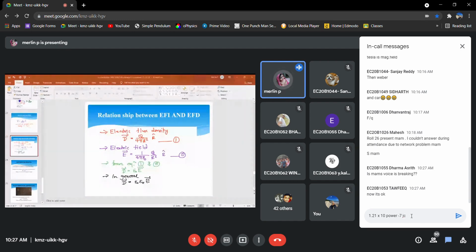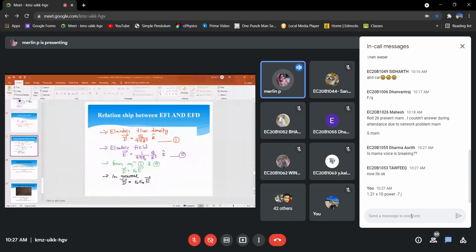R means you have to get the magnitude by taking the coefficients. By putting the square root, you will square the coefficients, no? That you should get. And then you have to find out the unit vector ar cap. Ar cap is r cap divided by r. You know, ar cap is equal to rab vector divided by rab.